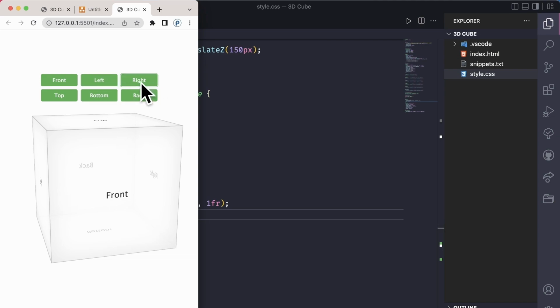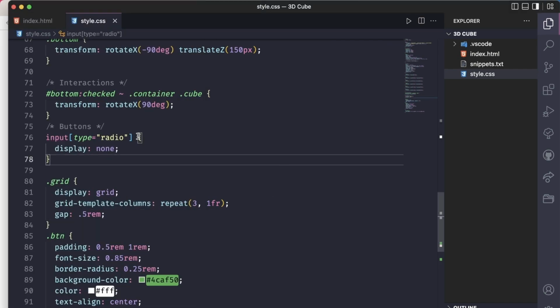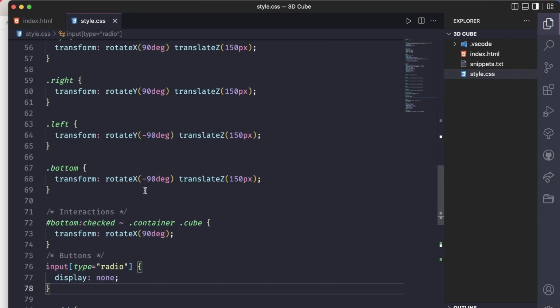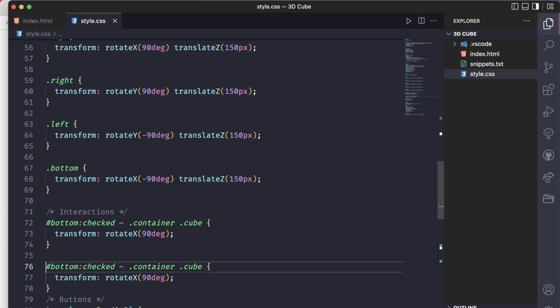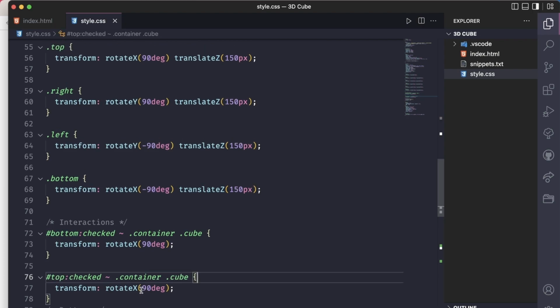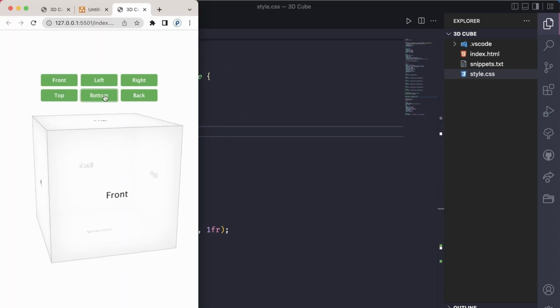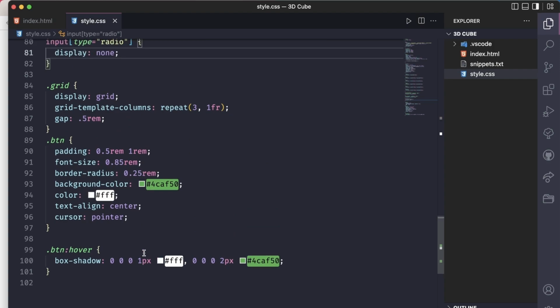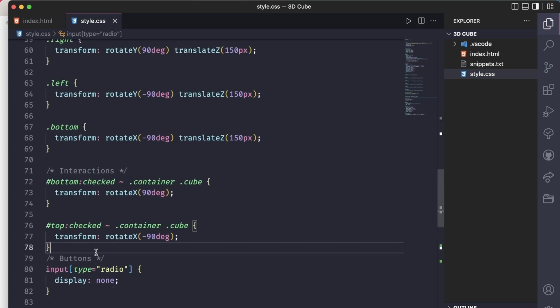So now we need to just add the CSS corresponding to each of these buttons. So down below right here, this was for the bottom, and then to create the top, which is the reverse of that, basically that was positive 90 degrees, this is negative 90 degrees. Now I click on bottom, it's going to go to the bottom, and click on the top, it's going to go to the top. The lift didn't work because we haven't yet added any interaction for that, so let's do that as